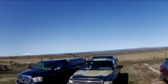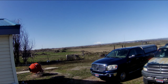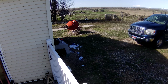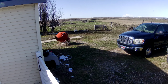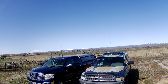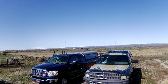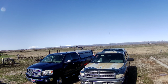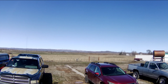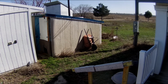And then there's my two pickups and the concrete mixer over there. And Derek Peake's house up there over the top of the blue container, or not blue container, the blue Dodge pickup. Holy cow. I'm going to walk down these steps